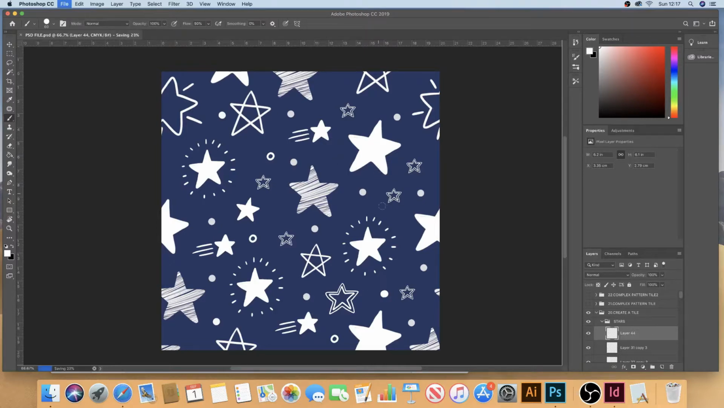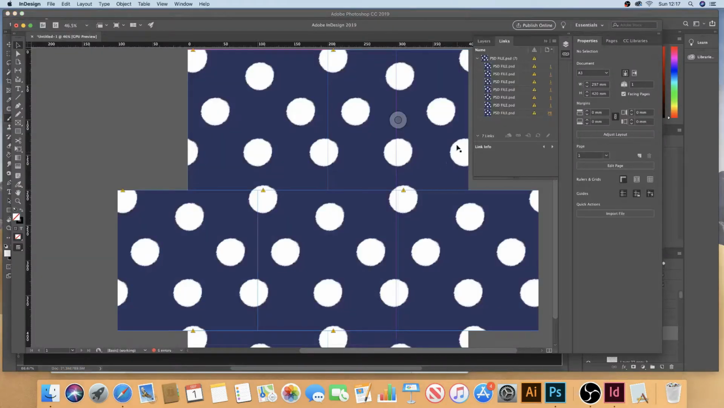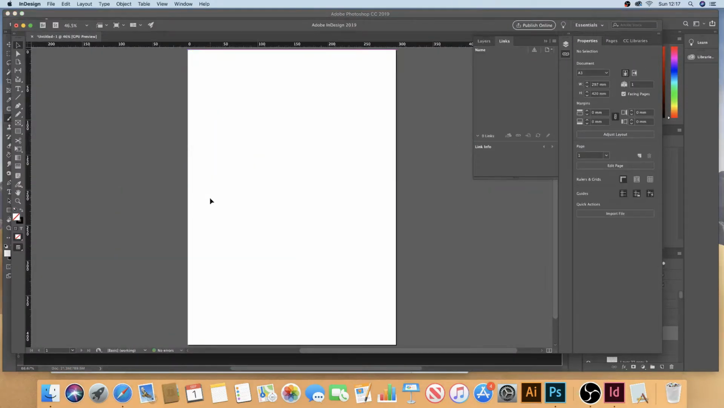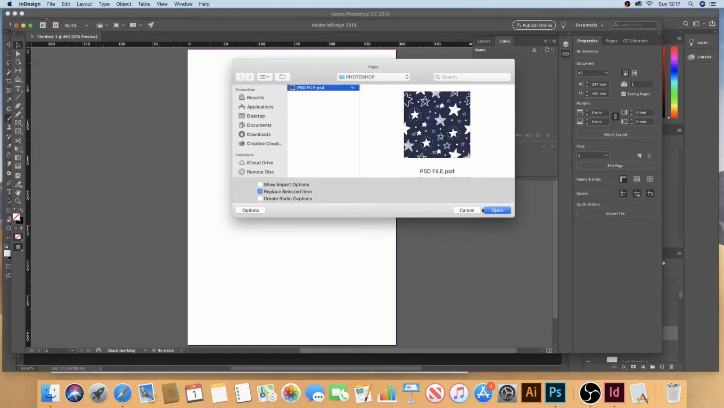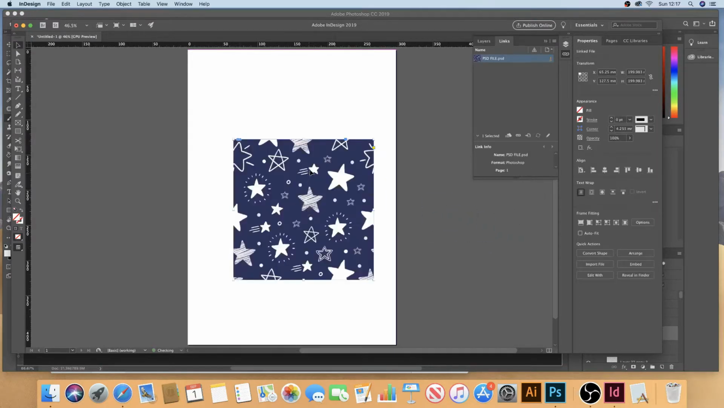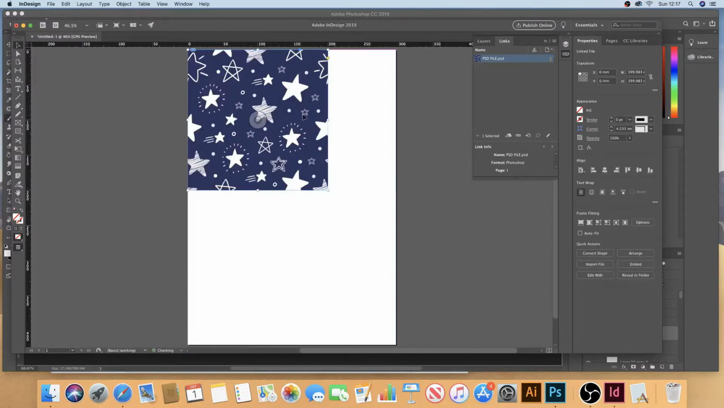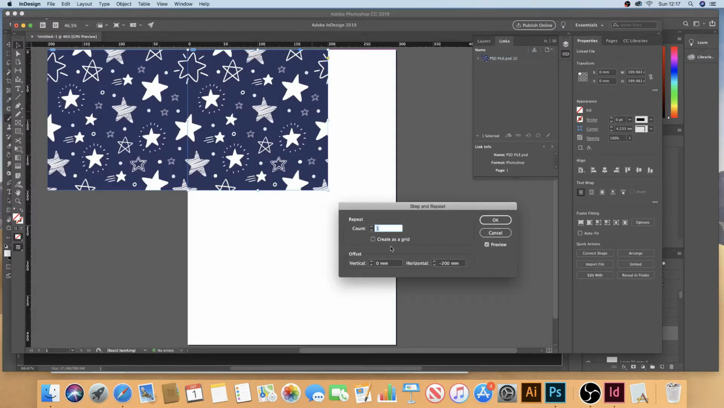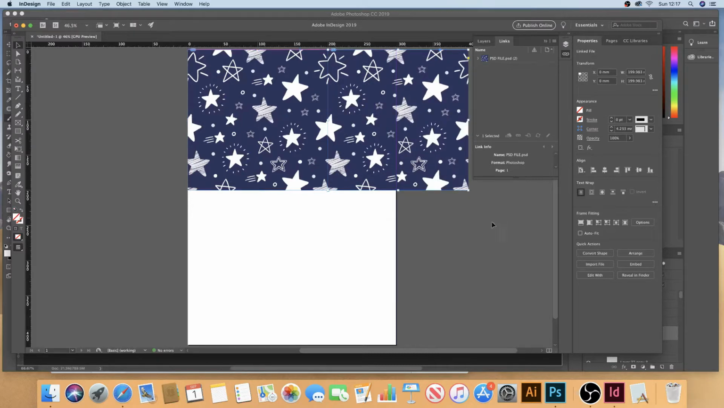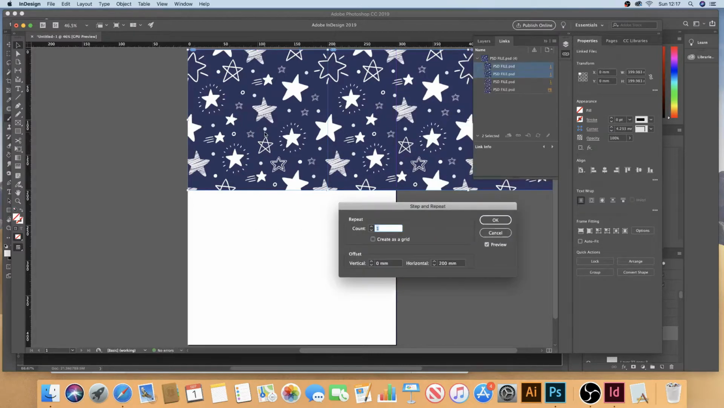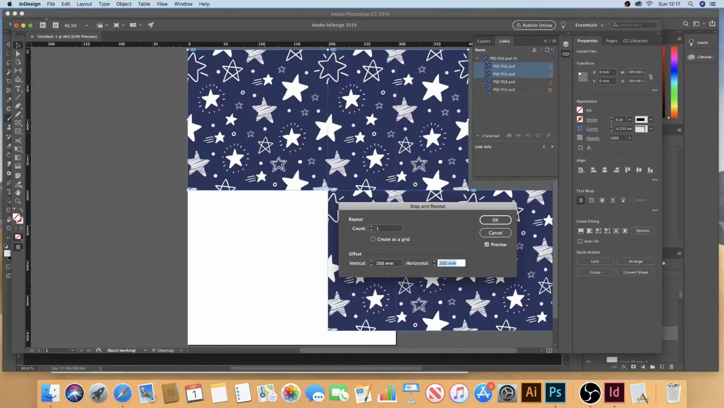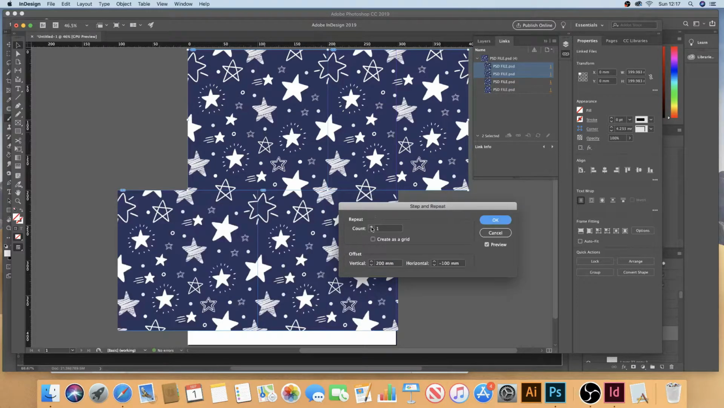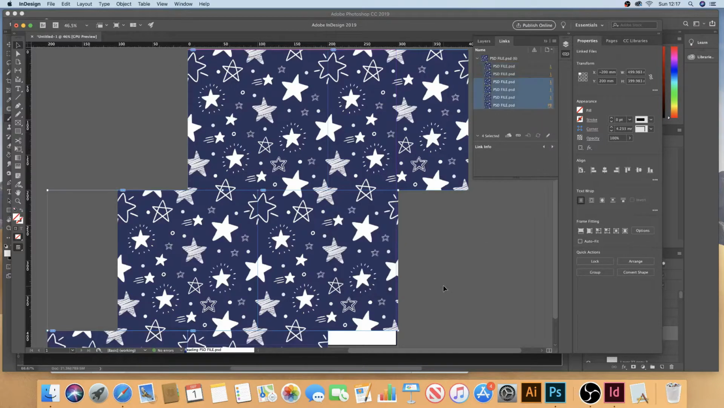So let's save that. So I've set up a tile, let's save that, and then in InDesign, we'll delete those, and we'll place our file. And then copy that across, so it's Command Option U or Control Alt U. And then, so this was a half step, so we're going to go 200 down and 100 across, and then copy that down twice,